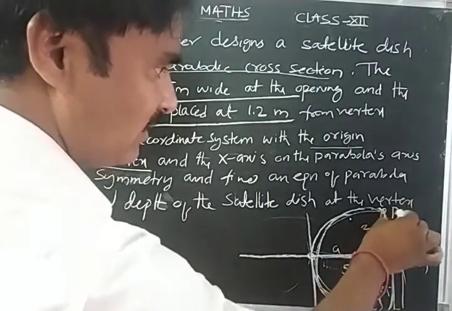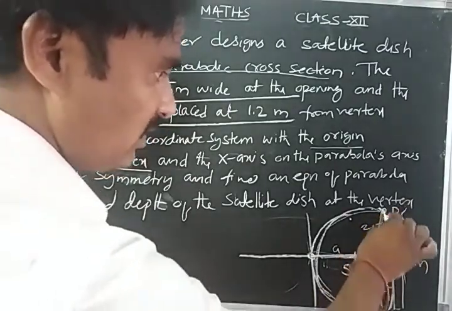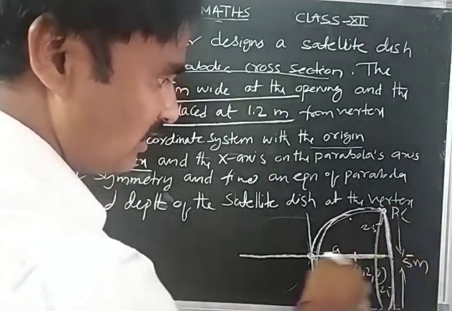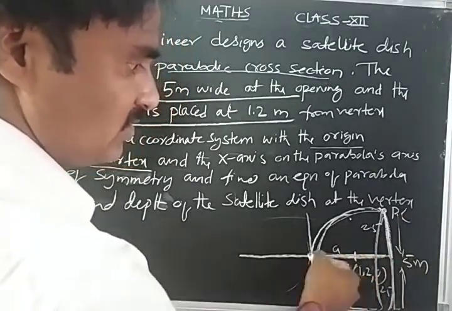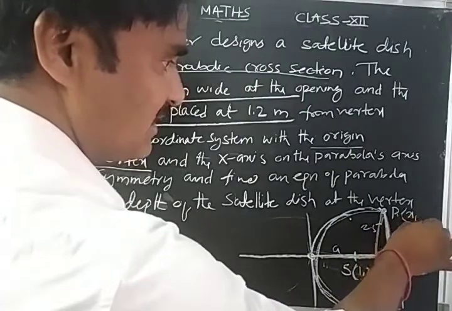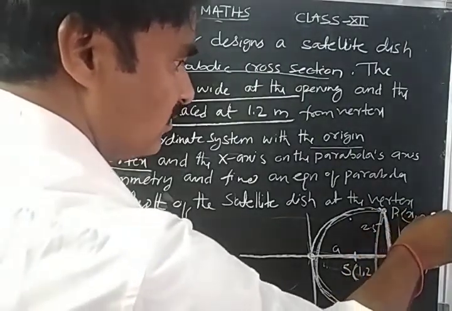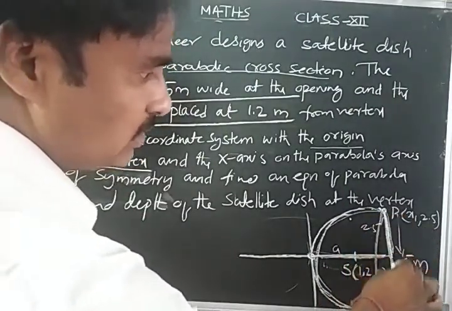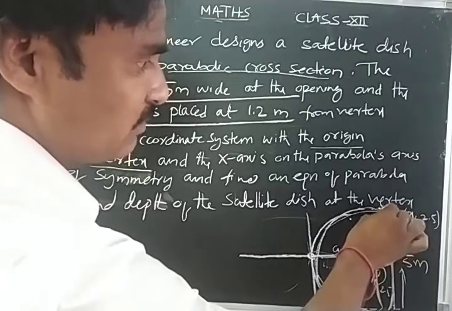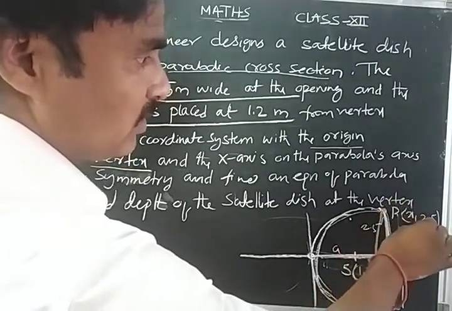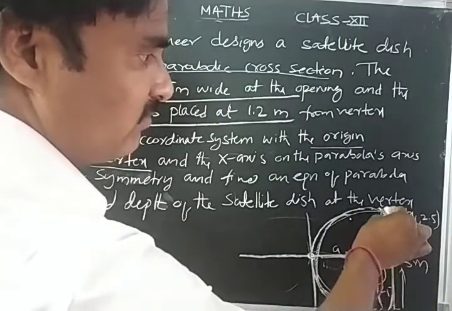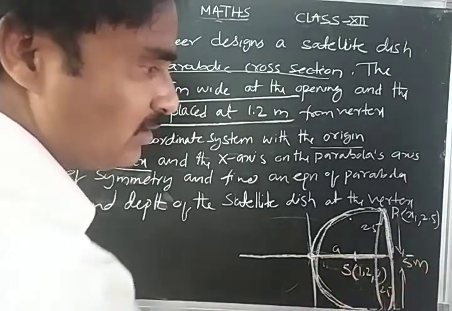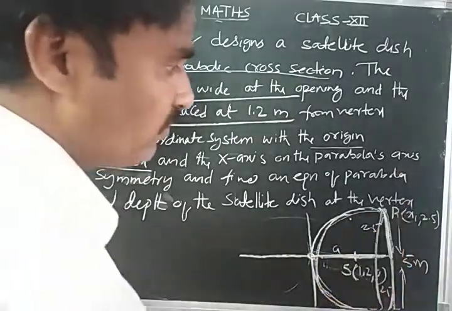Now if you take one point here, we know the height, 2.5, and we don't know the length, which is the depth of the satellite. We are going to find that. I am taking it as x1 and the height is 2.5. The total width is 5, so this part is 2.5, this part is 2.5. So the coordinates of the point at the opening of the satellite are x1, which we don't know, and y, the height, 2.5. If you get the x1 value, you can say the depth of the satellite is x1.